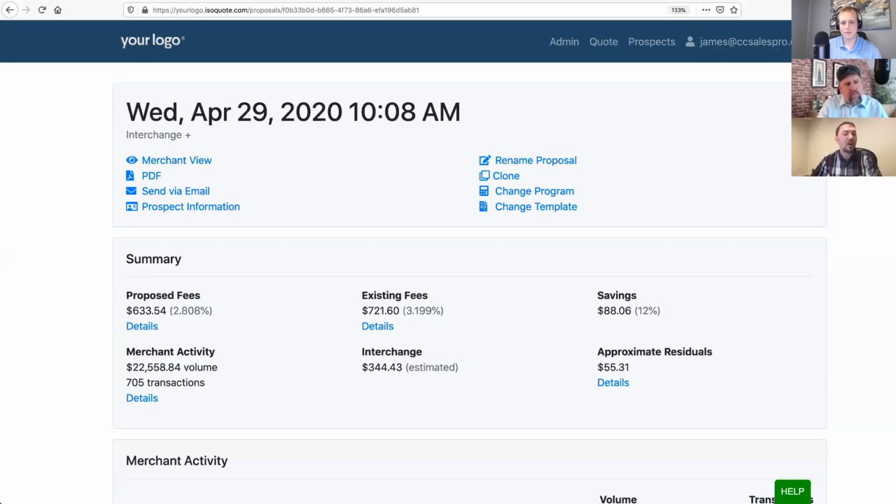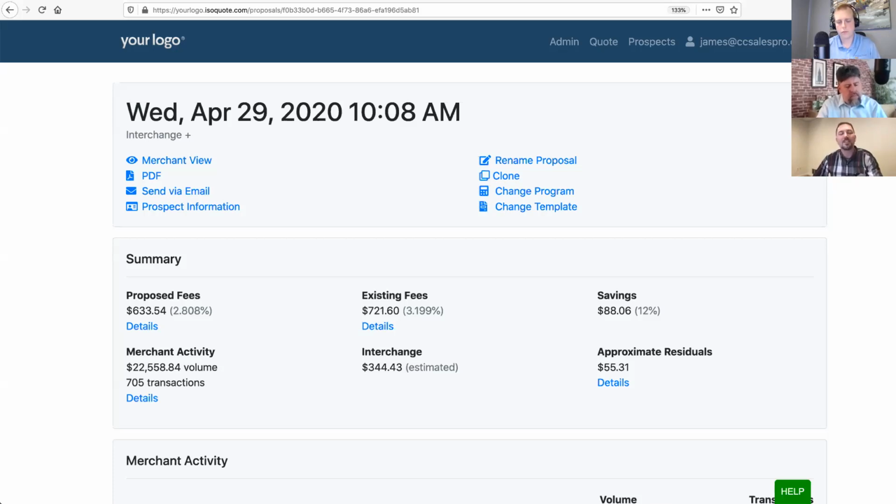Now, I also want you to notice here that we do show the residuals. There is some setup that goes into this. When you as an individual merchant sales professional or an ISO come to us, we enter your full Schedule A into the system. So we generally know what your residuals are going to look like, and we can estimate all of that right off the bat. That's very helpful when you're trying to manage pricing. You want to know how much you're going to save, but you also want to make sure you're leaving some meat on the bone in terms of margin.